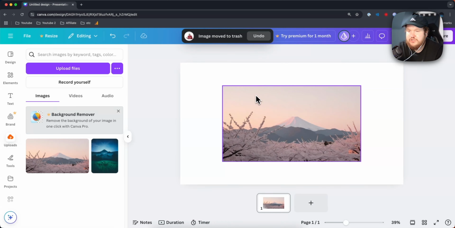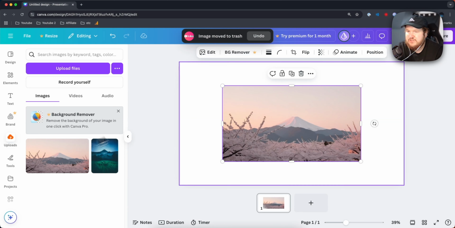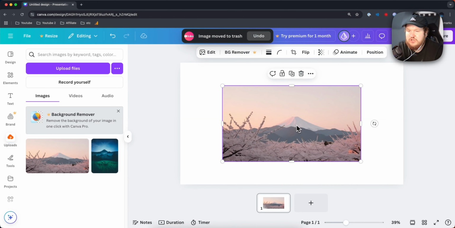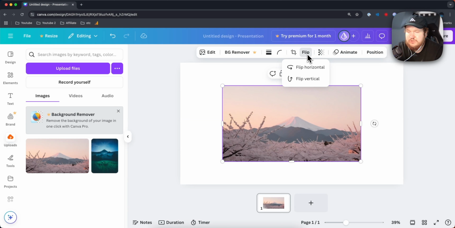So to reverse an image inside of Canva, what we can do is select the image that we want to reverse, like this one, for example, and you can just drag in any image from the left-hand side over onto your project. But once you do that, you want to make sure that you click and select the image, and then you want to go to the top where it says flip,